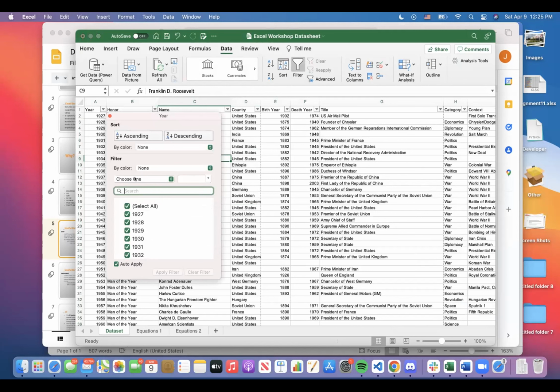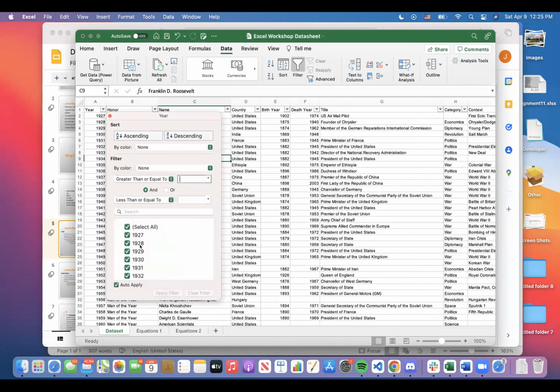It says choose one. And in this case, we're going to select the between comparison. You're going to press between, and between comparisons is to look at any of the values between a certain number. So in this case, let's say for year, we want to look at the values between 1950 to like